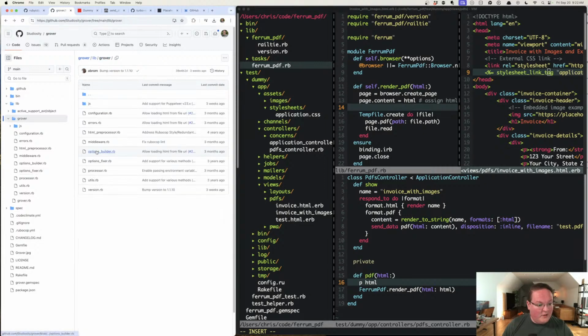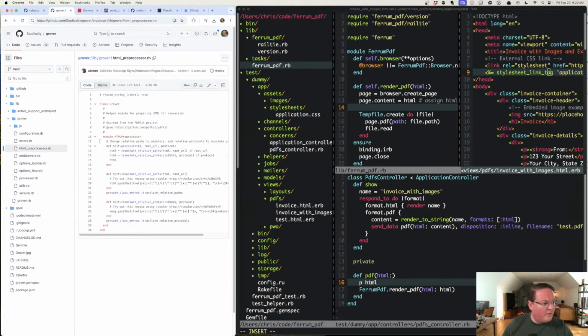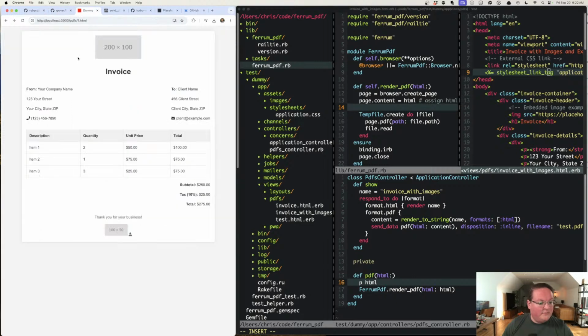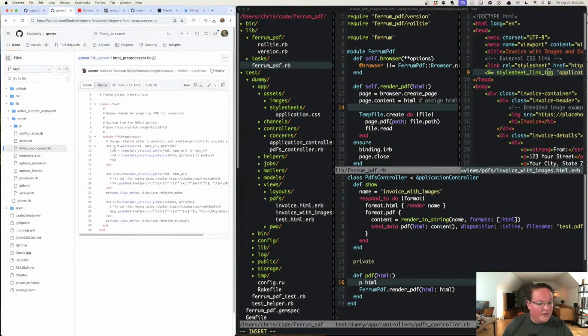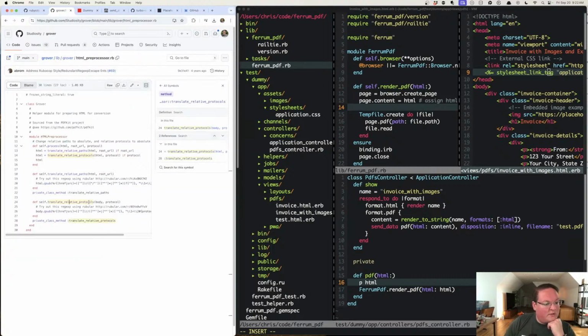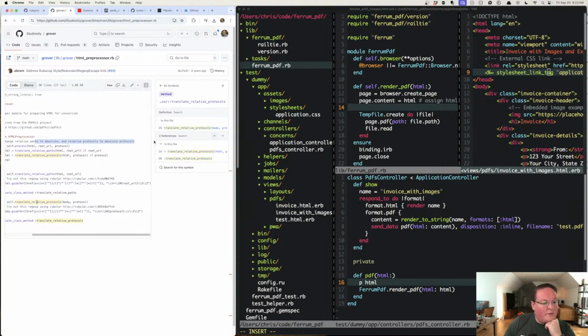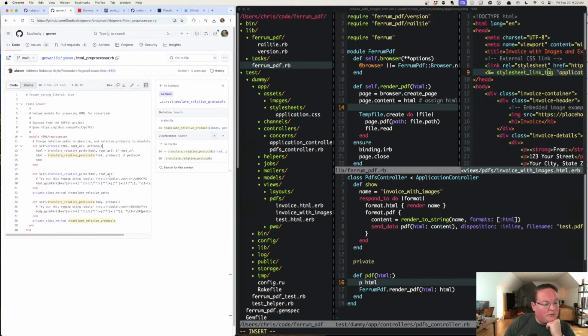No. One of these, I saw that HTML preprocessor, I believe. HTML version looks fine, so I don't think that's that. Relative protocols, relative paths to absolute, and relative protocols to absolute protocols. So,